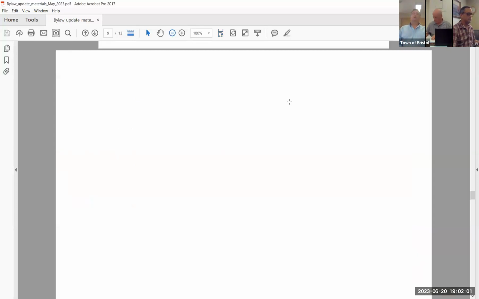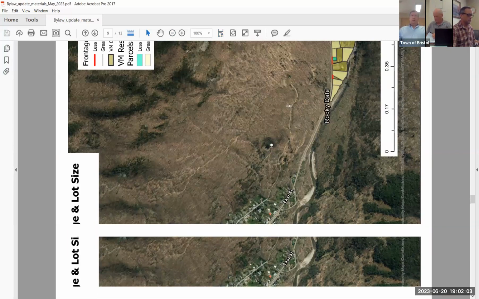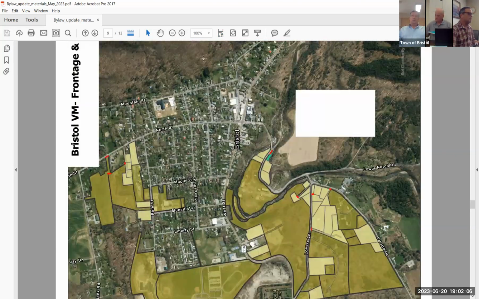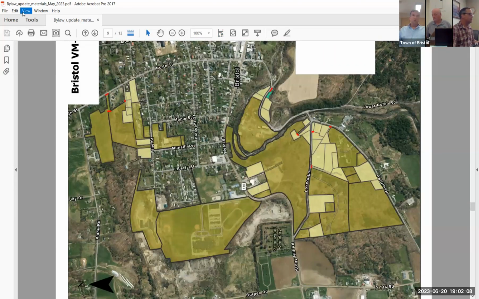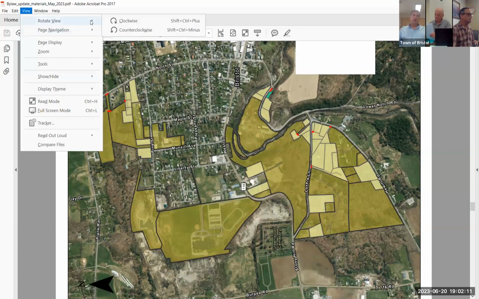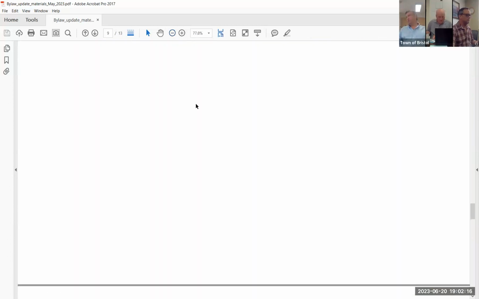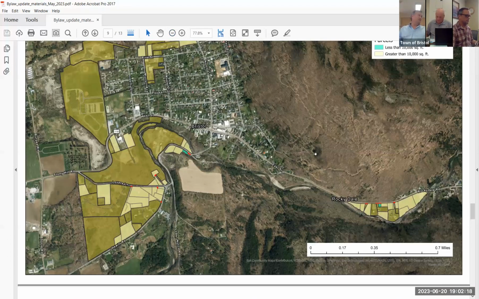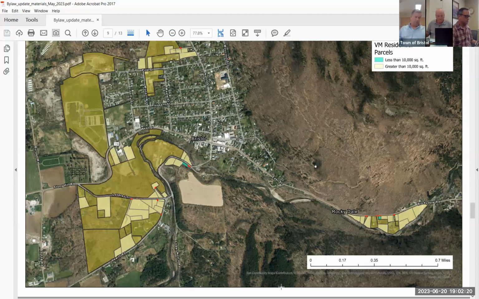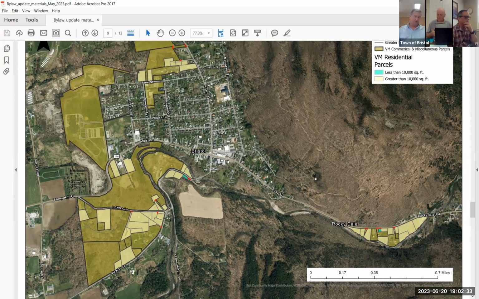So there is Rockydale. And here is the Village Mixed District, and this is where we left off last time. So we've been rewriting your zoning regulations, or looking at things that we can change in your zoning regulations, primarily density standards. Although it could be setbacks and other things, but things within your existing regs, how do we change them to increase the possibility of housing? Of promoting basically housing, and I would say any type of housing.